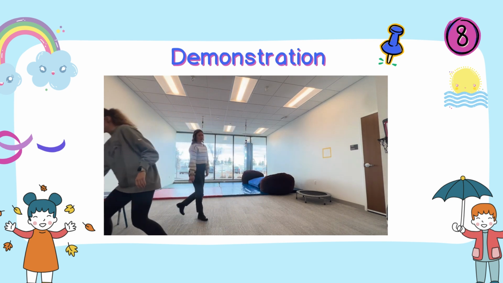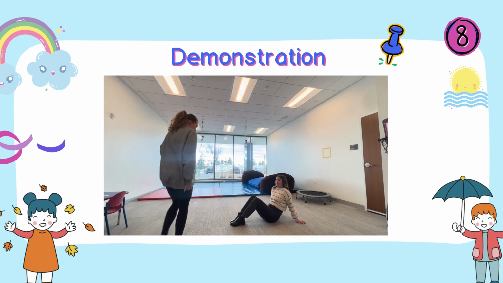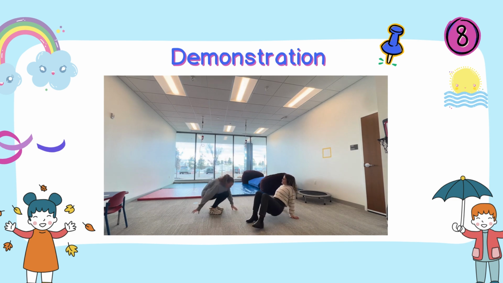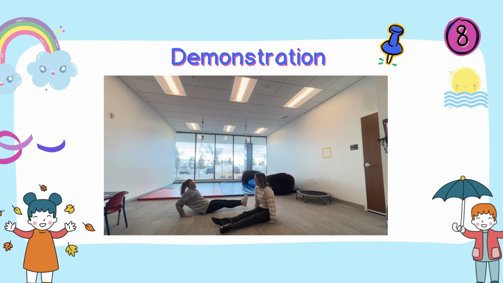Sure. We can do crab walks like this, and we can listen to the song as well. So we can crab walk like this, or if that is too tiring for you two, we can walk like this, or just walk with our hands. We could do like the little crab, like this. He goes little crab walk walk. Or we could pretend to be mermaids too, because Little Mermaid. Oh, I like that. With our tails. Yeah. And then we can look for our next one too, or we could just listen to the song for a little bit and pretend to be crabs. Sounds good. Okay.